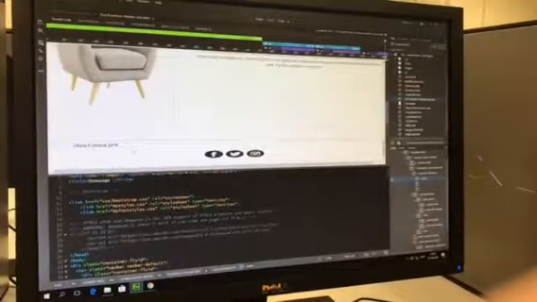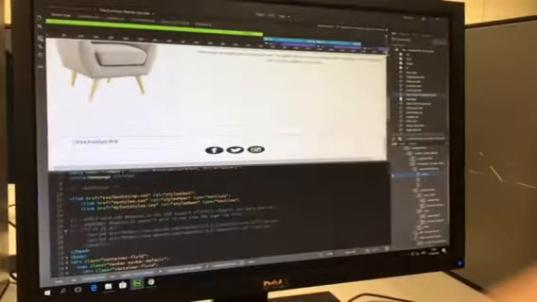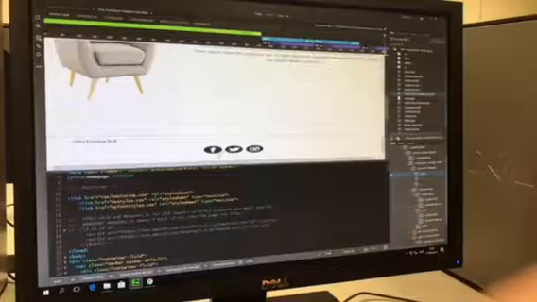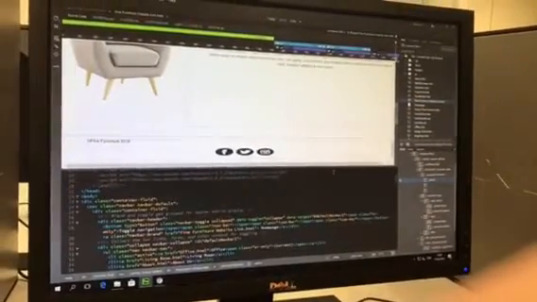Furthermore from that, we added a footer. We had a 2018 copyright for Fine Furniture, as well as 3 images of the Facebook, Twitter and Instagram account. So moving on to